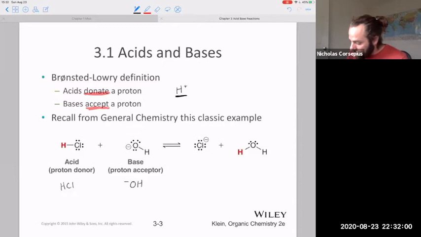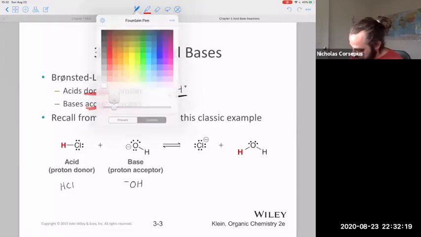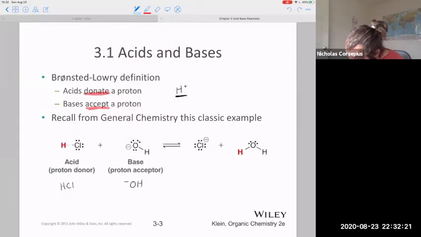And so if we are going to follow what exactly happens in this reaction, we can color our hydrogen red here so it's easy to tell what's going on. The acid is donating that proton, so it gets rid of it, and the base is the one that accepts the proton, okay? So this bond right here in my acid gets broken, and a new bond is formed